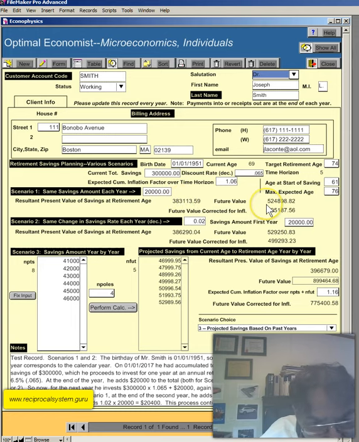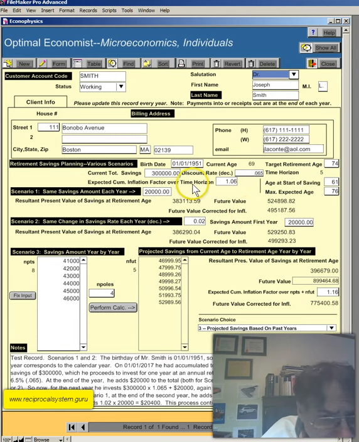So the future value at the expected age would be $524,898.82. Future value corrected for inflation would only be $495,187.56.